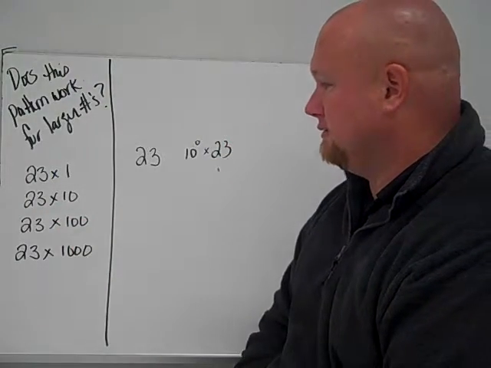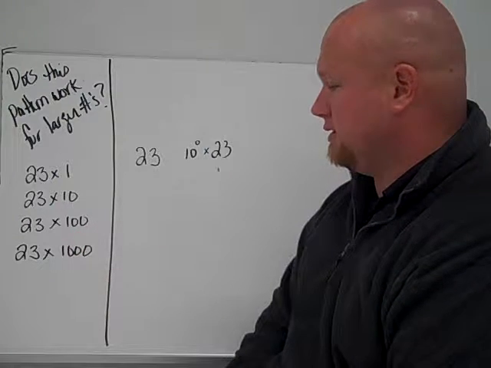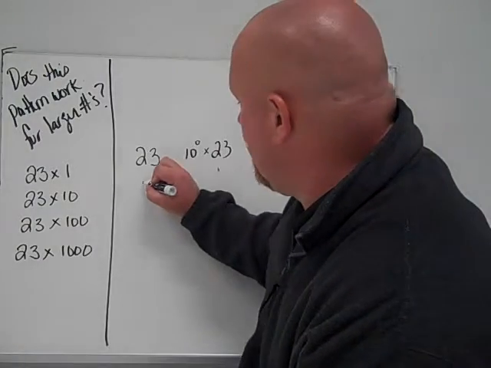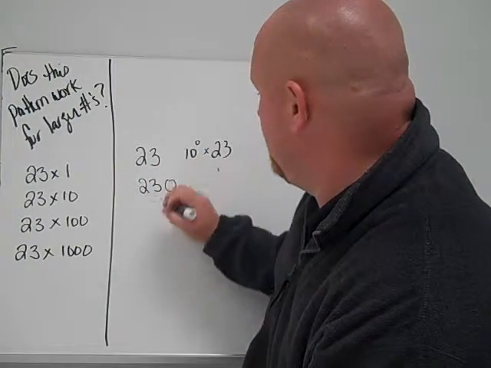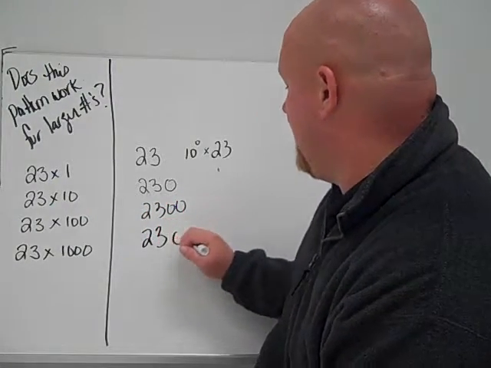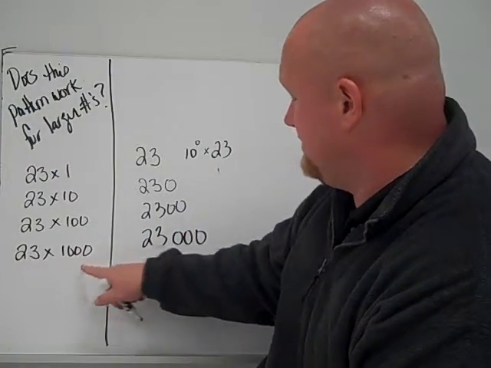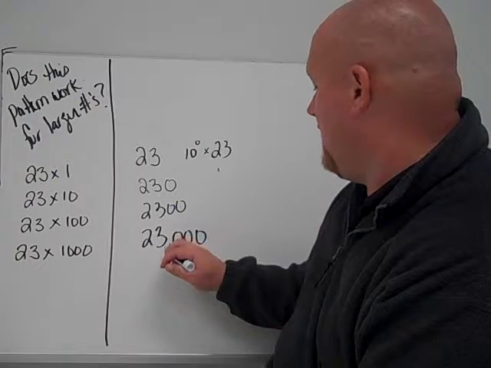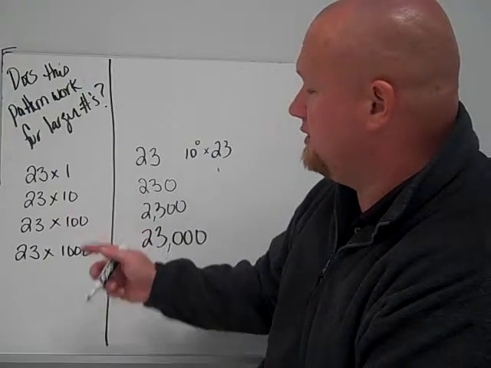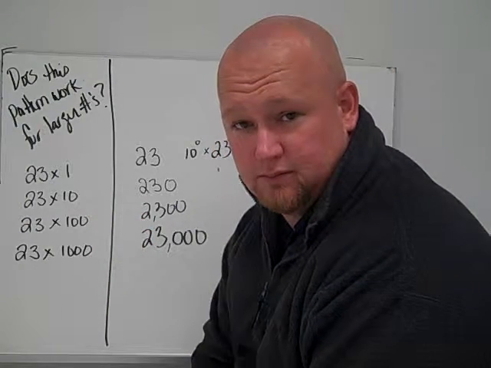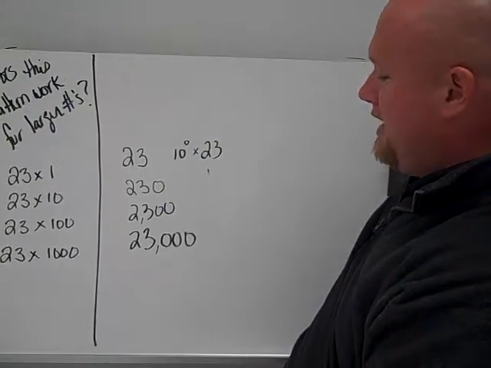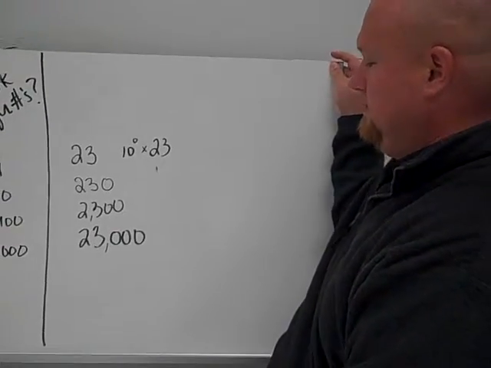23 times 10. 23 times 100. 23 times 1,000. I would like you to actually check, instead of just putting 230, 2,300, or 23,000, because 23 1,000s is 23,000. I would actually like you to take the calculator function on your Tier 3 laptop and test these three to make sure that they work. Pause it again. When you confirm that they work, hit play. So now that we've confirmed that they work,